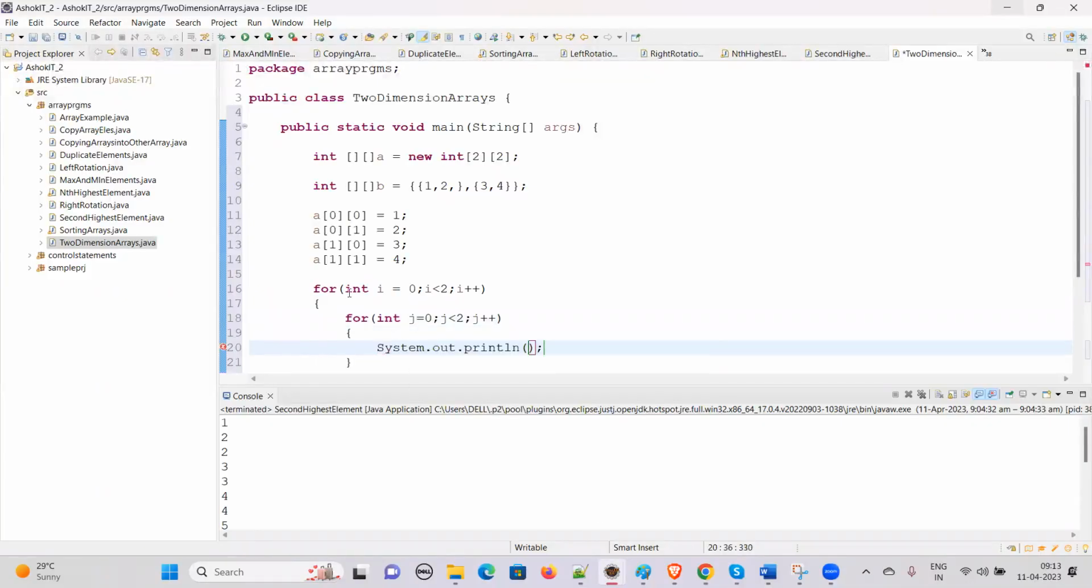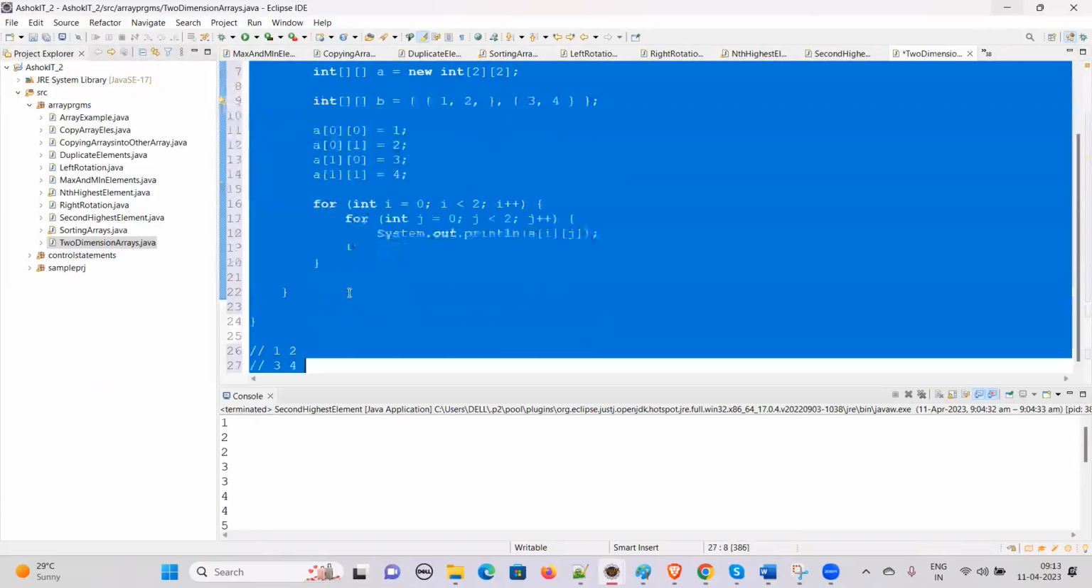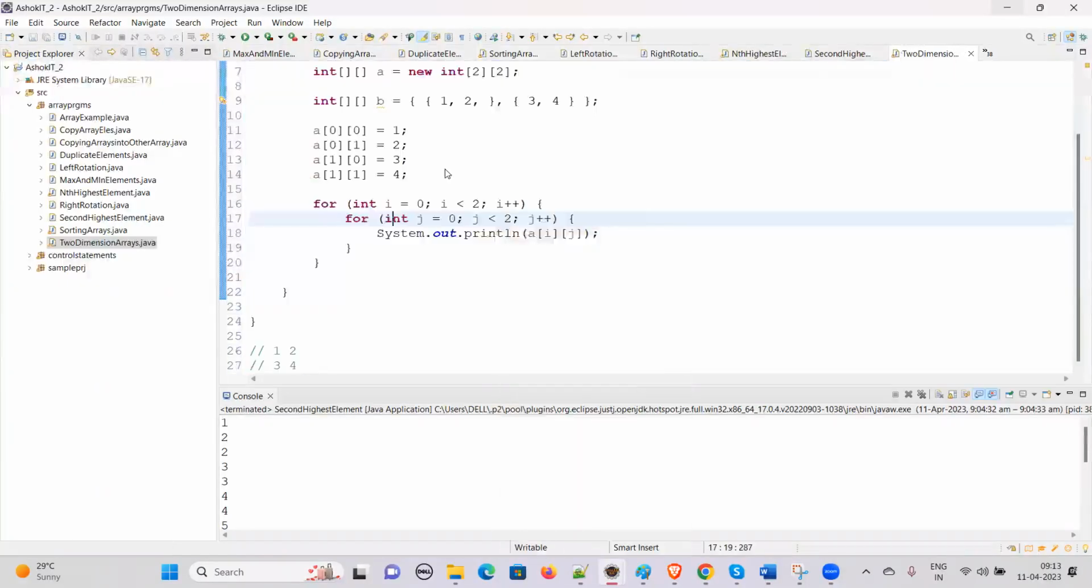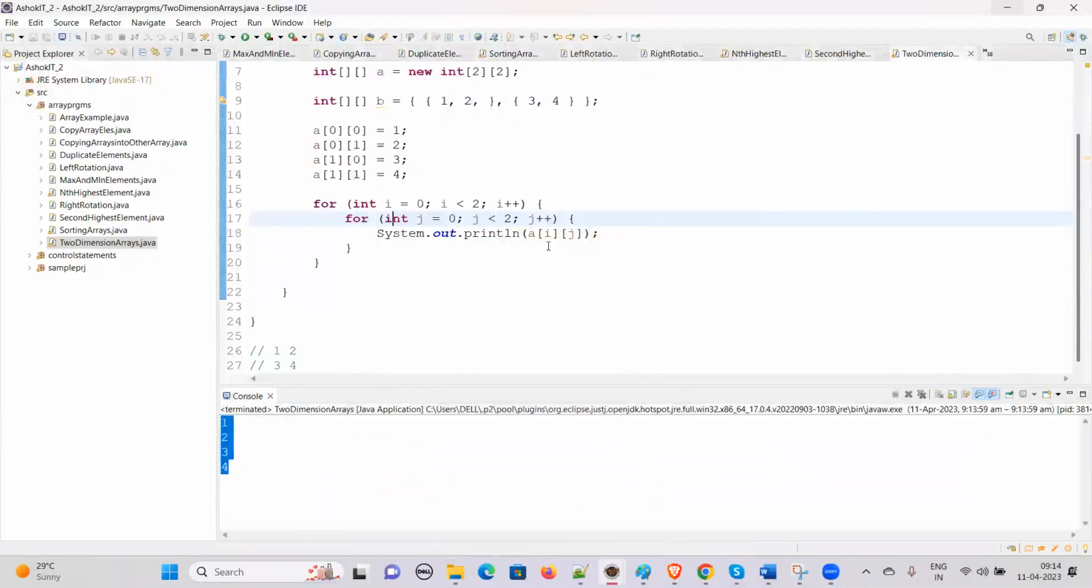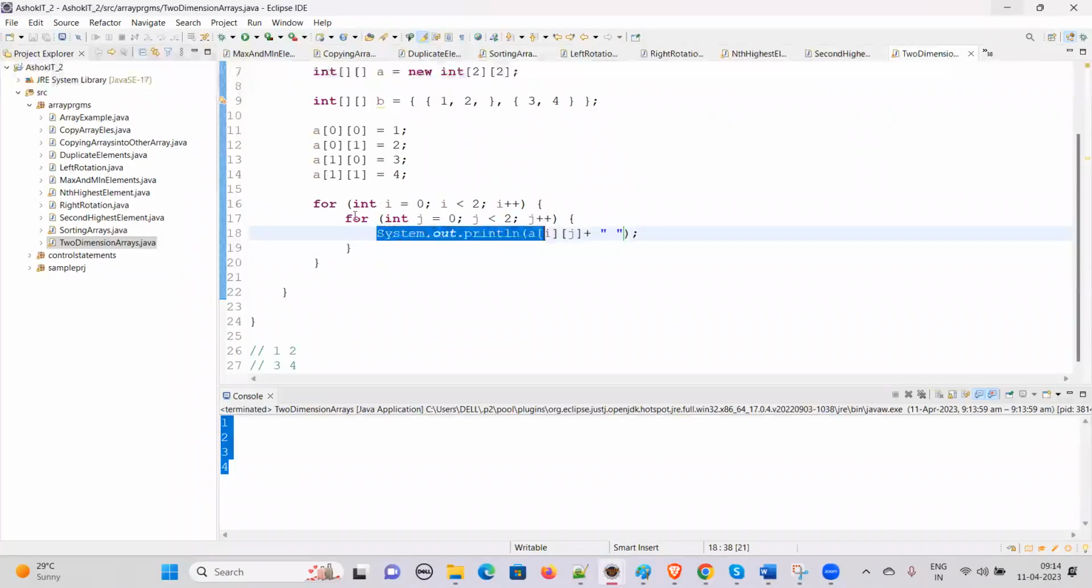How do we print the values now? A of I, of j. I can go and execute this until 1, 2, 3, 4. To get some sort of alignment, I'm just adding a few more things: after every value I need to have a space, and after completing this for loop,